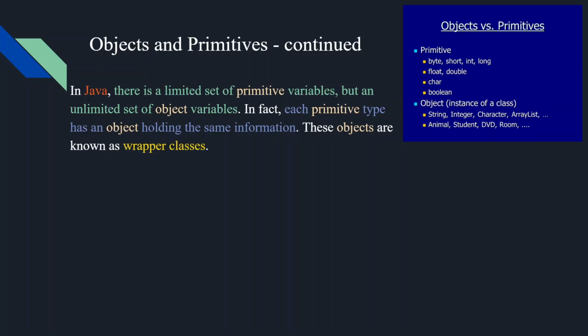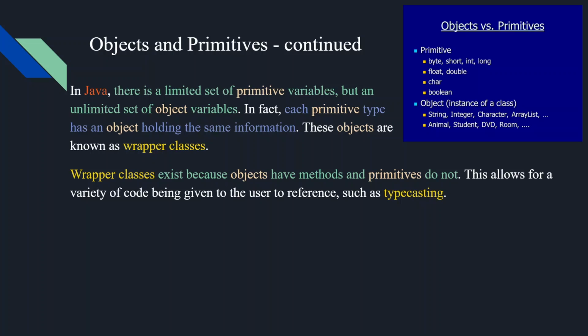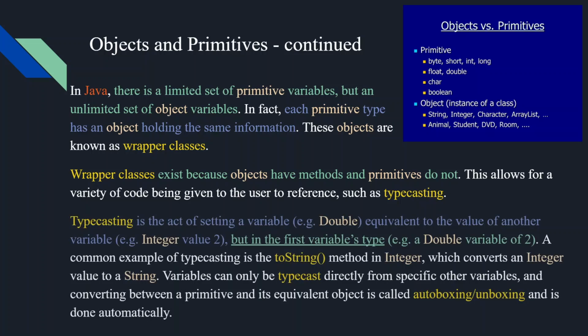In fact, every primitive variable type has an object type that holds the same information, such as Integer acting like int, Character standing in for char, etc. These objects are known as wrapper classes, as they contain everything the other variable type had and added onto it. Wrapper classes exist because objects have methods and primitives do not, as we covered in the previous slide. This allows for the Java developers to add many methods to use,